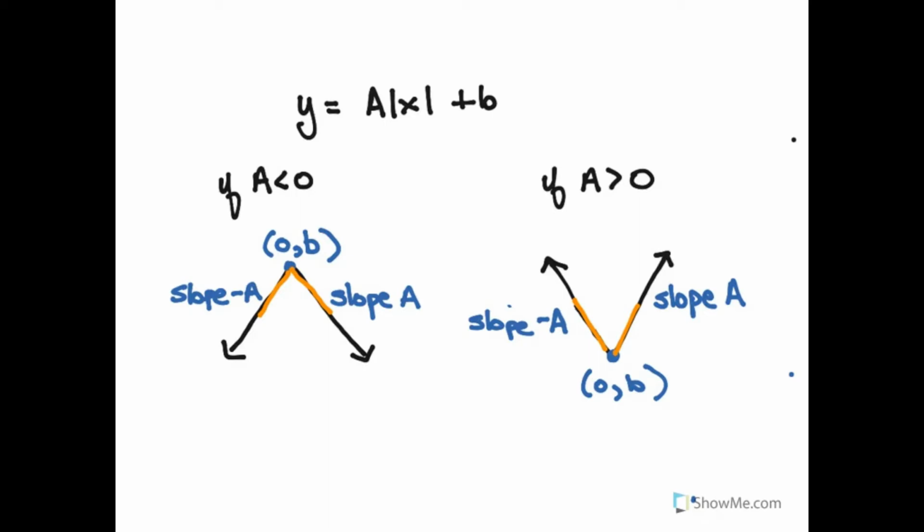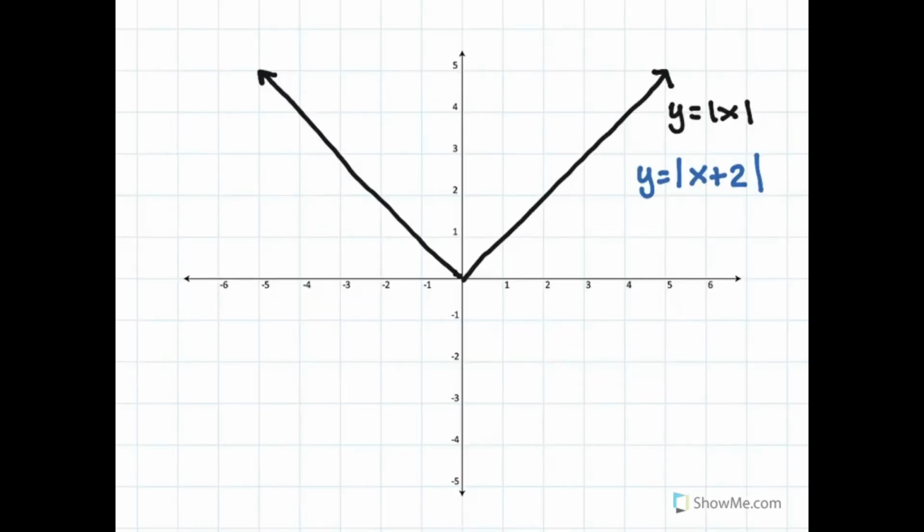Now we'd like to explore what happens when we have an equation where the absolute value includes a constant inside. So something like the absolute value of x plus 2, all inside the absolute value markers. To figure out how the absolute value graph is changed by adding 2 to x inside the absolute value, I'm going to start by making a table.